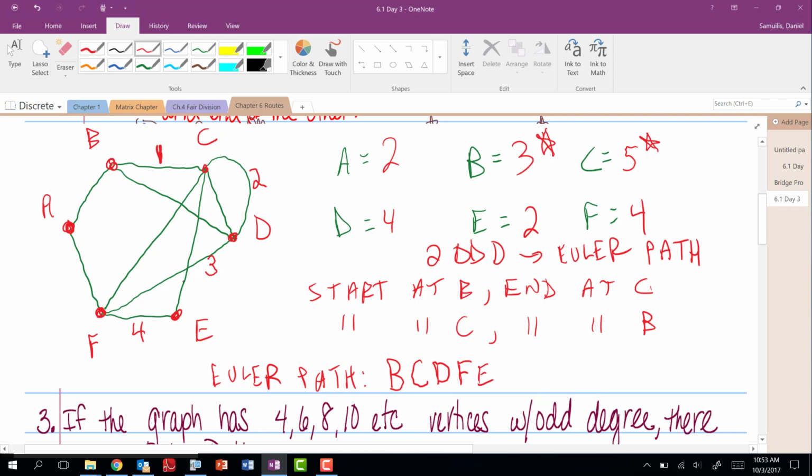I have to end at C, so I'm at E. And when I'm going back to E, when I look at C, I have 3 left over. So it is okay to go back to C right now because I could go to C, get out of it, and I still have 1 edge left over to end there. This is kind of like what Fleury's algorithm says. And I kind of ran into a problem last hour in our next drawing, and you're going to be able to get out of it. As long as you understand I have to end at C, you will be fine.